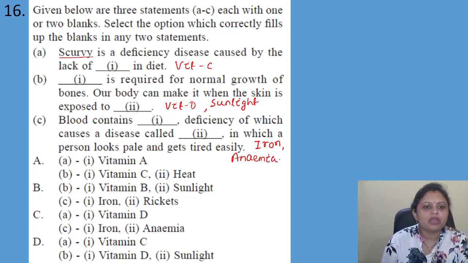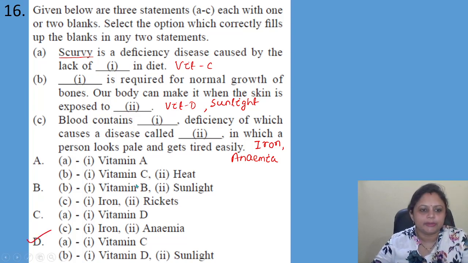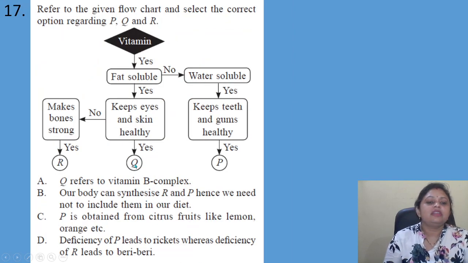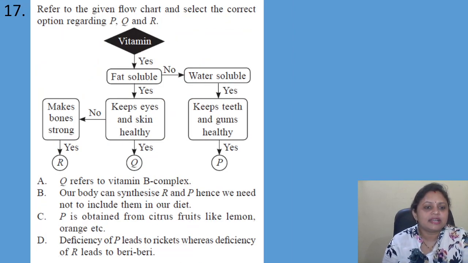Okay, now we have to find out the correct statement. That is A: 1 vitamin C, B: 1 vitamin D, 2 sunlight. So here the correct answer is option D. Coming to the next question, refer to the given flow chart and select the correct option regarding P, Q and